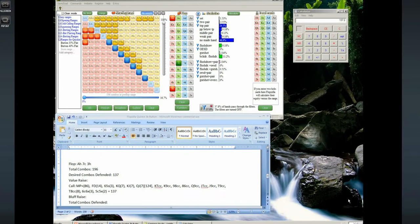So now we're at the end of the video, but I want to make the next quickie still using the same range, because I think if I had to make a guess for what's theoretically correct for what the button should open and how the button should sort of defend, I think this is relatively close. I would still make a couple of changes, which by all means I'm not going to go into in this series, but I think this is a reasonably close range where you're opening 40%, you're 4-betting with a very polarized